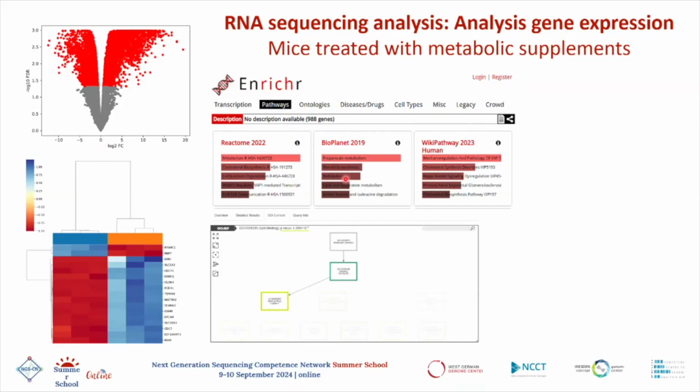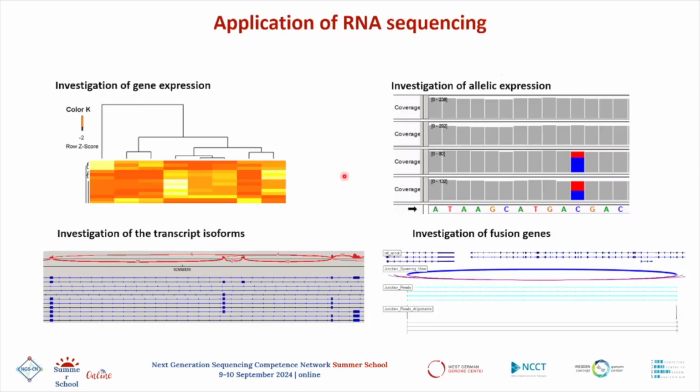Okay, so I guess based on the time, I'm going to stop there. I hope that I could introduce you a bit to how we work with RNA, how RNA is prepared for being analyzed, and how we perform transcriptomics using short-read sequencing. I showed you a very specific example of how to use the data for quality control and for the analysis of gene expression. And I also wanted to highlight very briefly that similar analysis could be done to look at allelic expression, look also at single nucleotide variation at the RNA level,